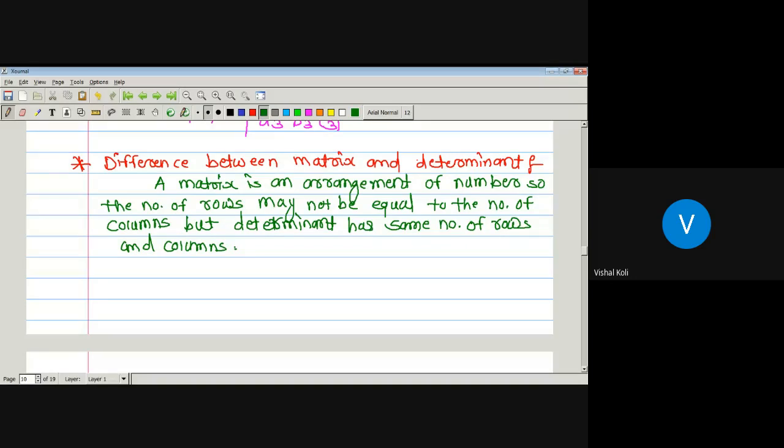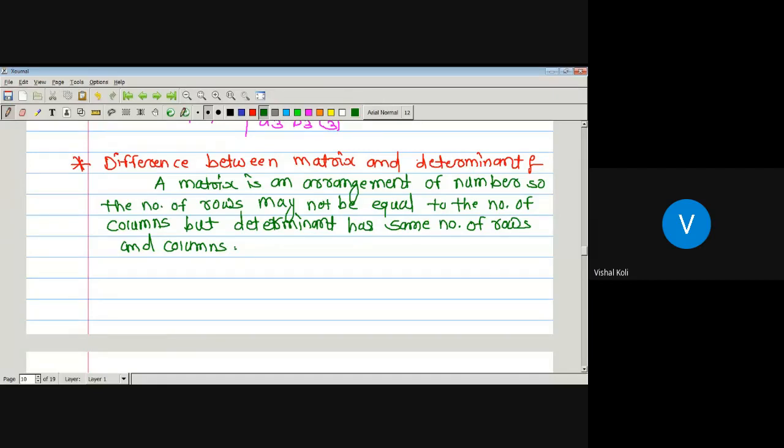Okay, so in the definition of a matrix we have seen that it is just an arrangement of m into n numbers, and then we obtain a matrix of order m by n. As it is just an arrangement, we can arrange any numbers, whether it is a square matrix or a non-square matrix. So a matrix may have the same number of rows and columns, or the number of rows and columns may be distinct. That is, suppose the given matrix A has m rows and n columns. This is possible in a matrix definition only. But if we take a determinant, then it must have the same number of rows and columns.